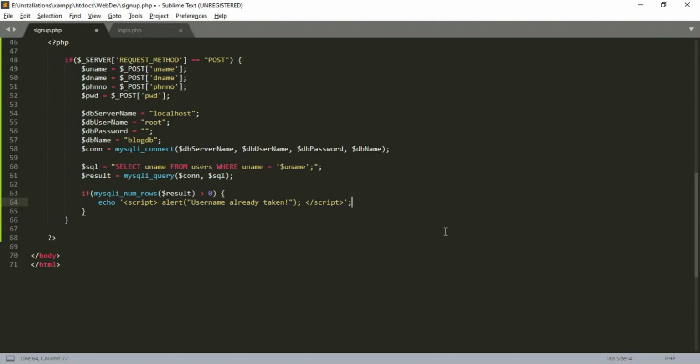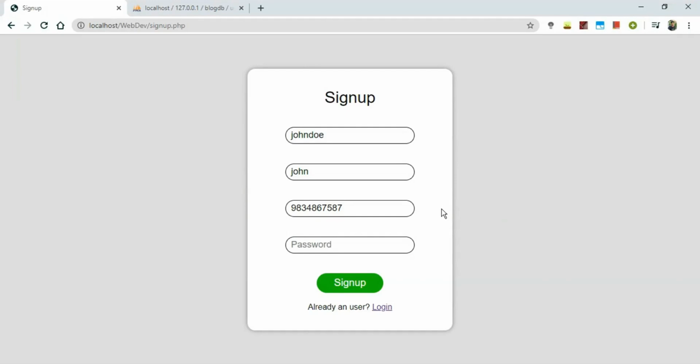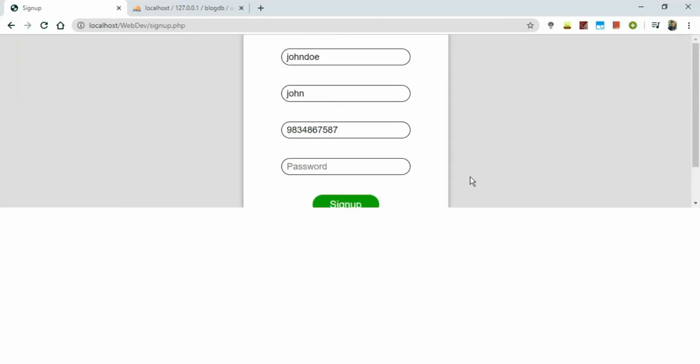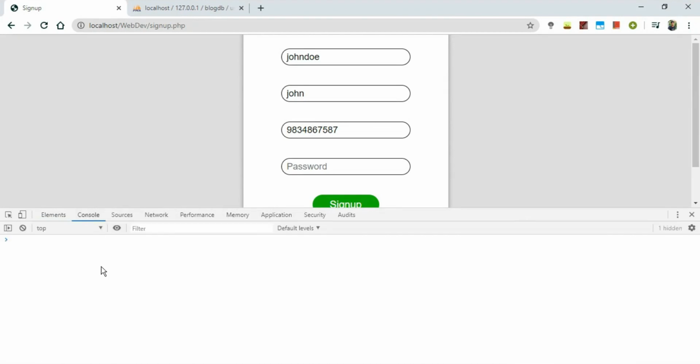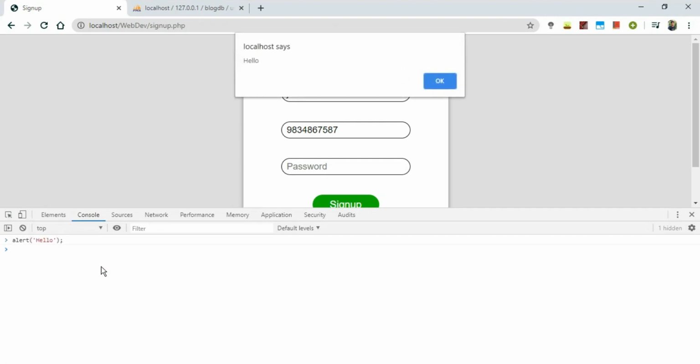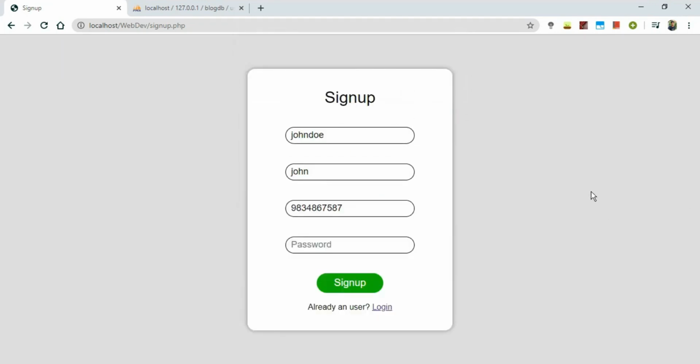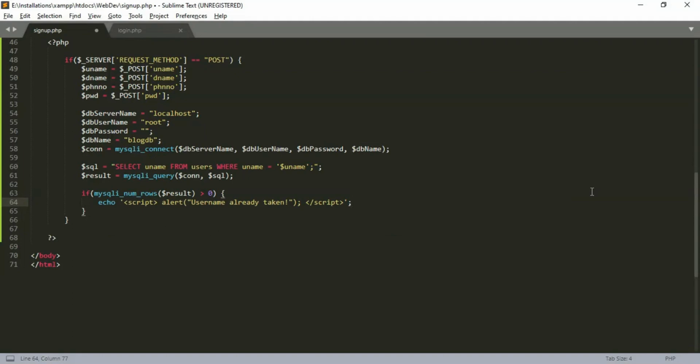Let's see an example for the alert function. One of the ways to execute JavaScript code on the browser is to do it in the console of the browser. Press Ctrl plus Shift plus I and go to the console tab to access the console. Let's execute a sample alert here. Alert within single quotes hello. As you can see, an alert pops up. Coming back to our PHP code, we use an if statement to separate the logic for the two cases.